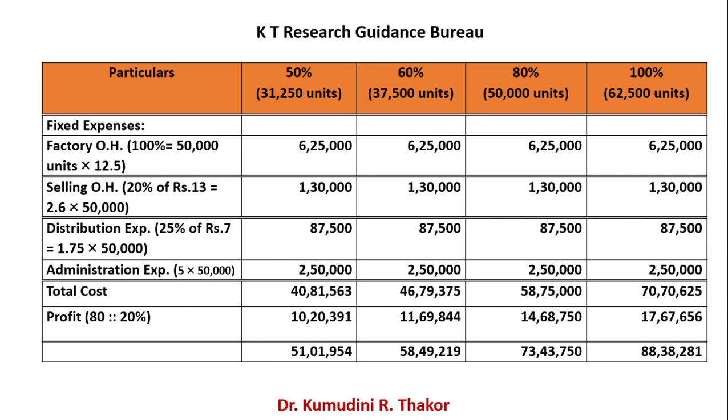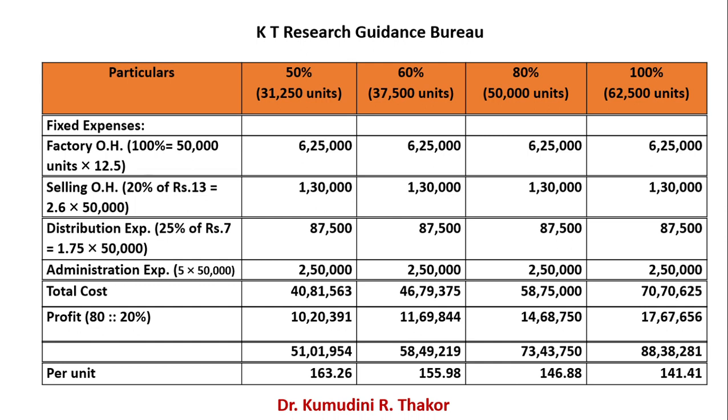It is easy. You only have to understand the logic. And accountancy is perfect logic. If logic is clear, you can understand everything very easily. Now, the question is for per unit selling price. Total sales divided by number of units. For your 50% capacity, your units are 31,250 divided. So you will get the per unit selling price